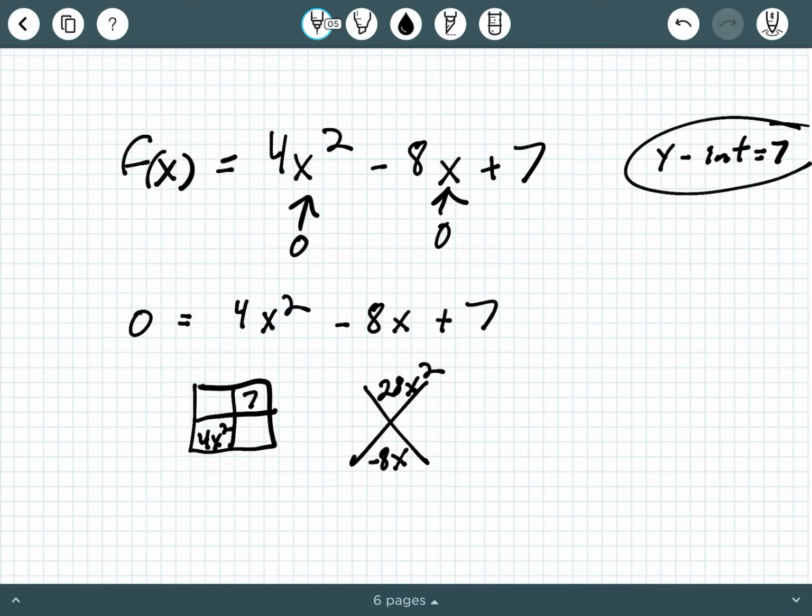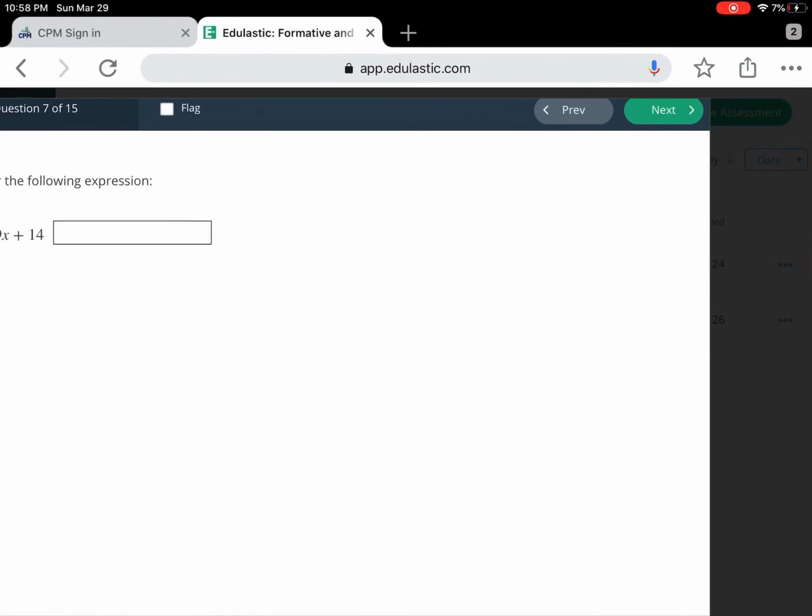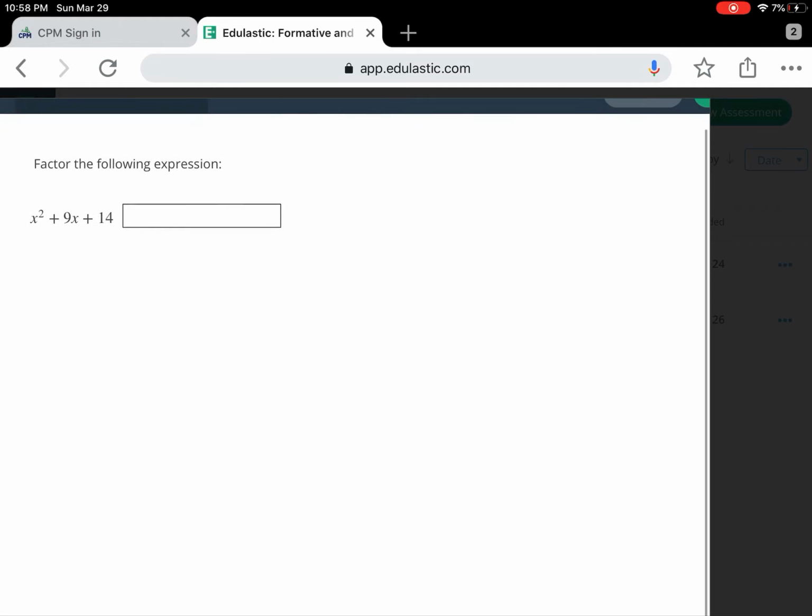That moves us on to something like the quadratic formula, which you can go back to the first problem to look at how to do, and completing the square, which we'll be doing in just a moment here. So those are other methods you could use, but ultimately you didn't need them because that y-intercept was all you needed. All right. Back to factoring, x squared plus 9x plus 14